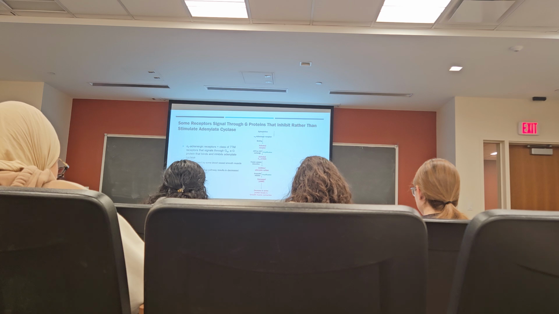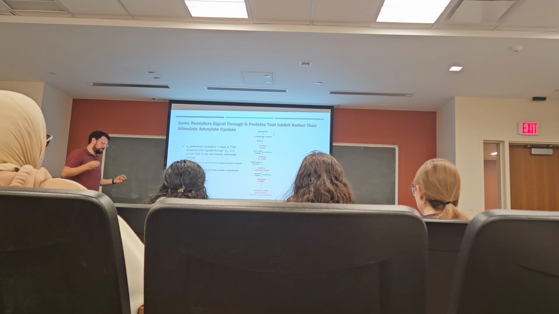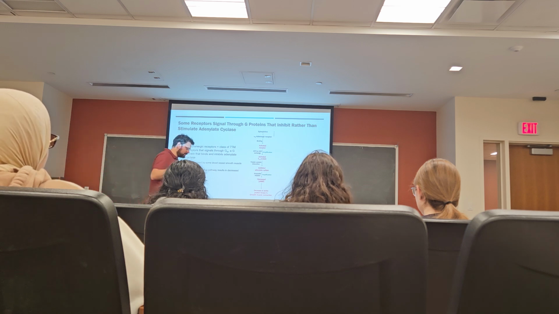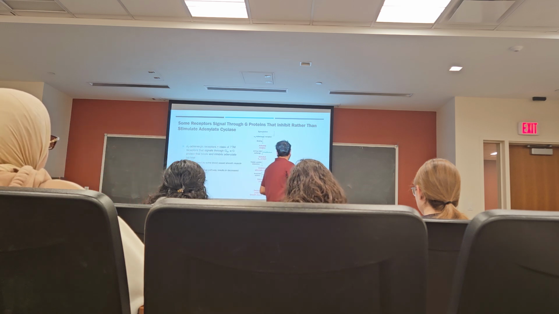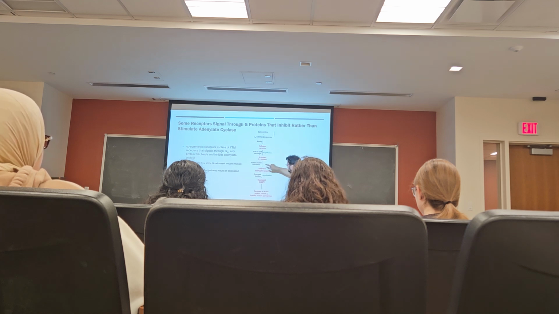So this is actually expressed in some smooth muscle cells and in blood vessels. So they're very much similar in that way. It causes blood vessels to constrict, and it causes smooth muscle to contract, right? So in this case, we are activating the receptor, but we're activating G-alpha-i, which inhibits adenylate